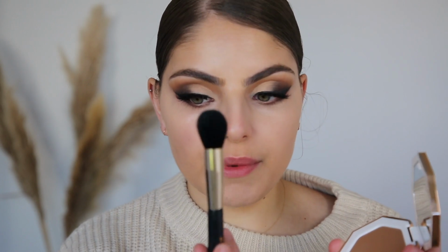Okay, next I'm going to bronze my face and I'm taking a cream bronzer. This is one by Fenty. This is the shade Butta Biscuit 02. I haven't used this before. I accidentally slid my finger in it, but I really like this shade, so I wanted to give it a go. Okay, I'm taking this MECCA Cosmetica contour brush and I'm just going to take a small amount of that